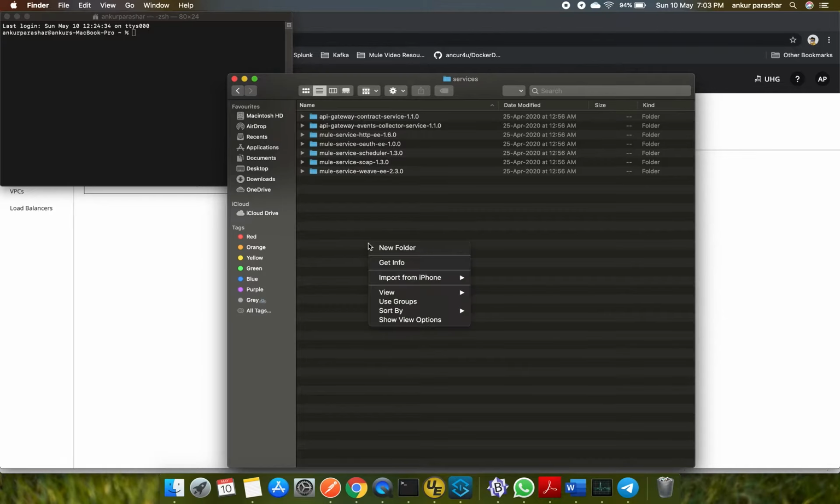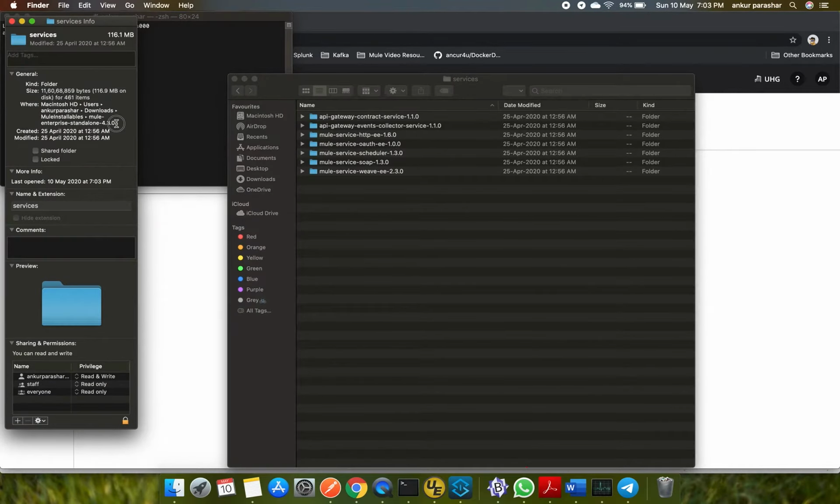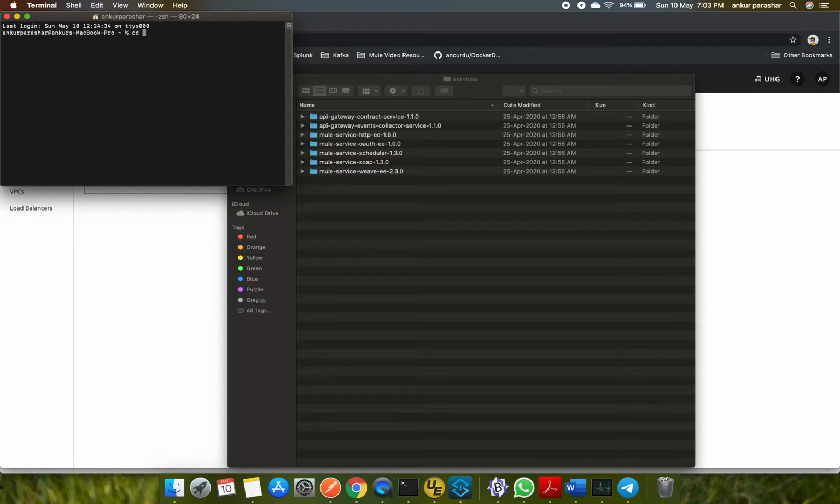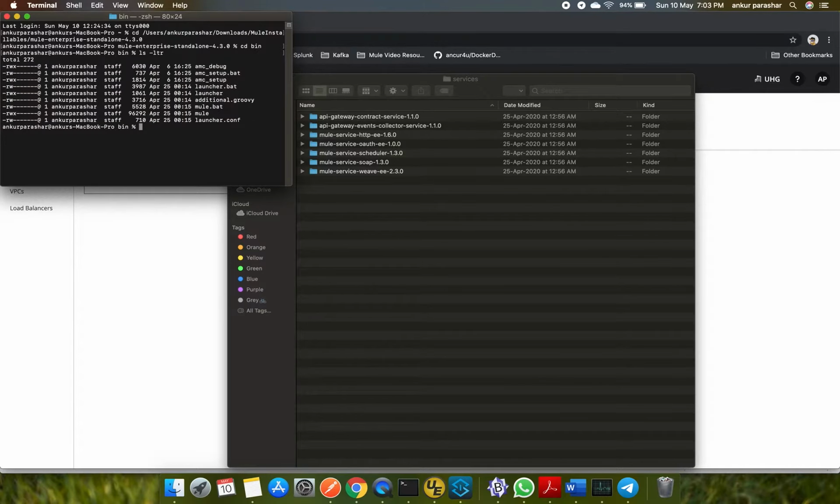Let me take the path of it. I will do a cd into this particular path, and go inside the bin folder. I will do an ls -ltr to list what is available.